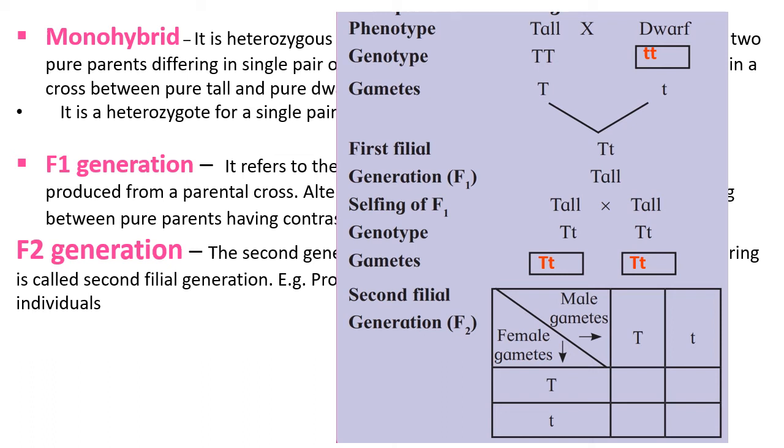In the diagram we see an equal number of male gametes and female gametes are produced, and these male and female gametes unite with each other to produce different combinations. The board, or the chart or the square, which is used to denote the F2 generation is called the Punnett square.